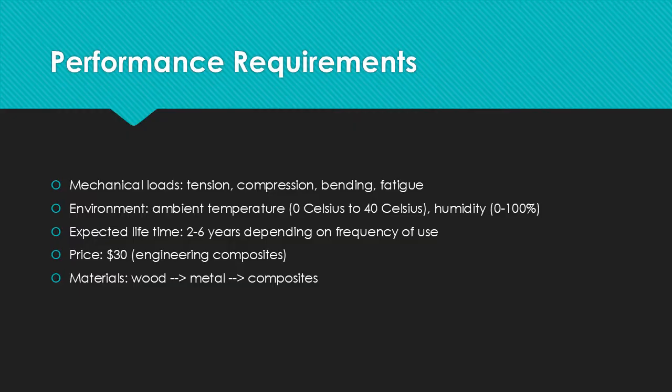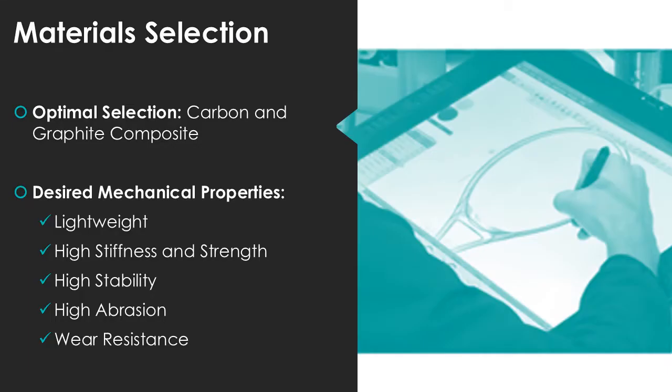The performance requirements of tennis rackets are outlined in this slide. Tennis rackets are designed to be very robust at different environmental conditions and have an expected lifetime of between 2 and 6 years depending on frequency of use. Tennis rackets are considered engineering composites. There are a few materials that are used to make a tennis racket frame in the market, including carbon and